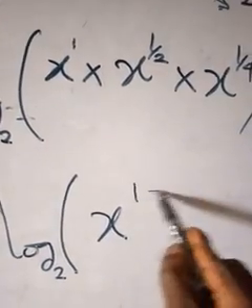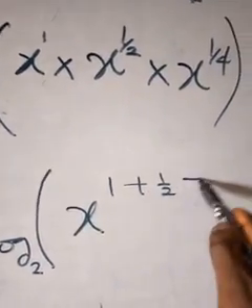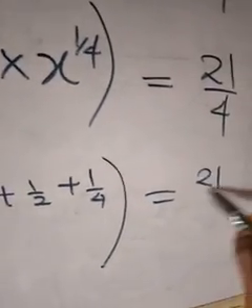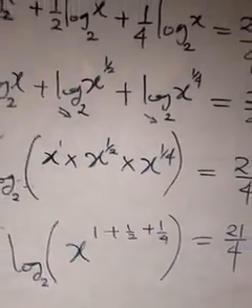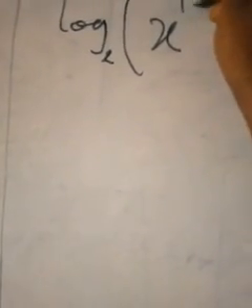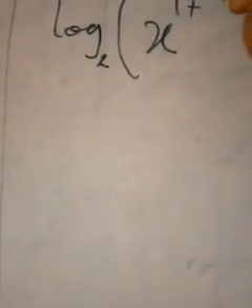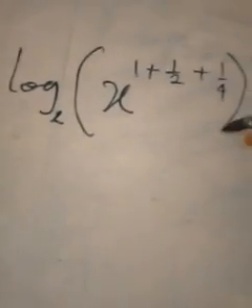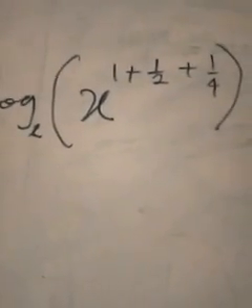That will be 1 plus 1 over 2 plus 1 over 4, close the bracket, equals 21 over 4. Then we now sum everything together. This will give us log base 2 of x raised to the power 1 plus 1 over 2 plus 1 over 4 equals